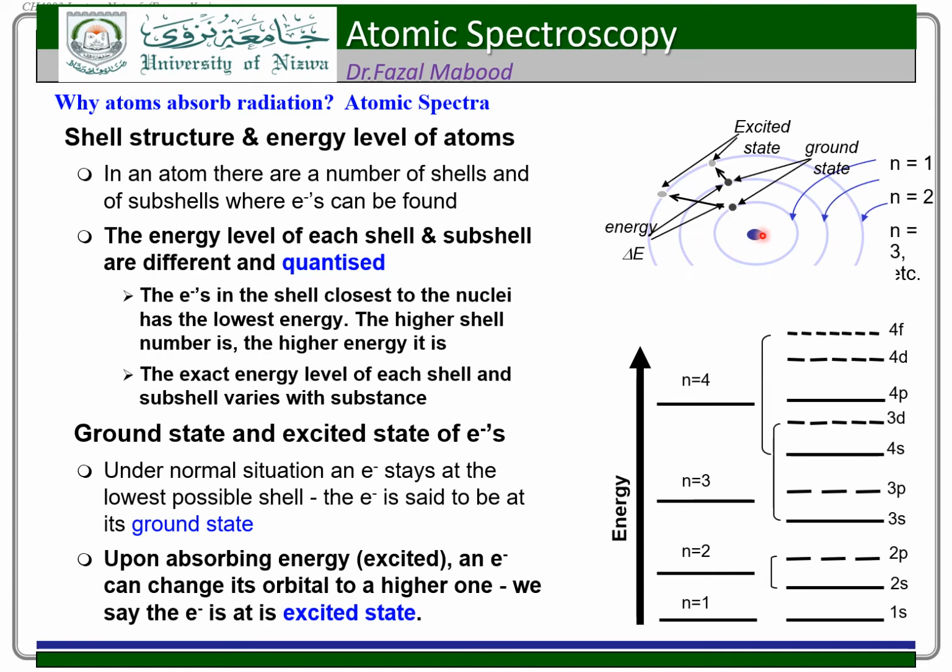Here you see, this is the nucleus of the atom, and around the nucleus, these are the shells or the orbitals where the electron exists, and this is the K, L, and M shells. So there are different energy levels. They are also called orbitals. The shell which is close to the nucleus is of low energy level,